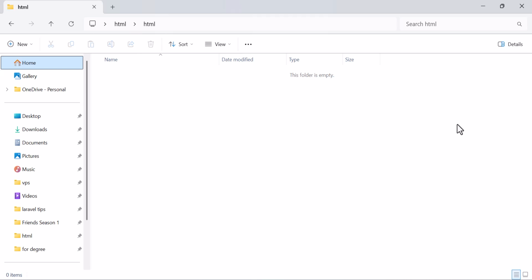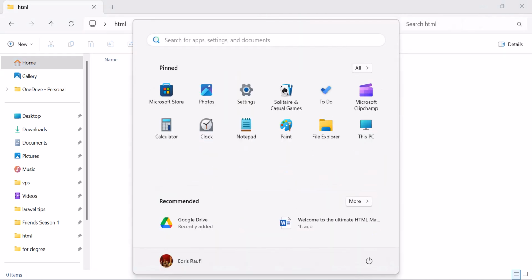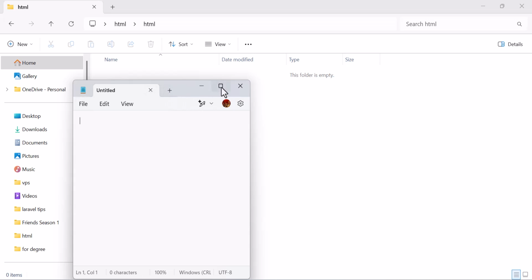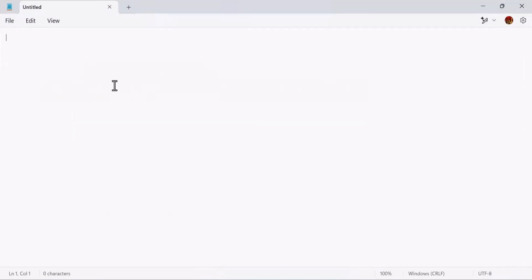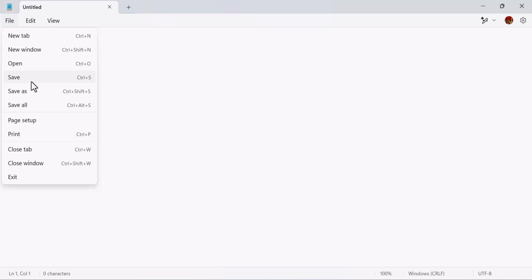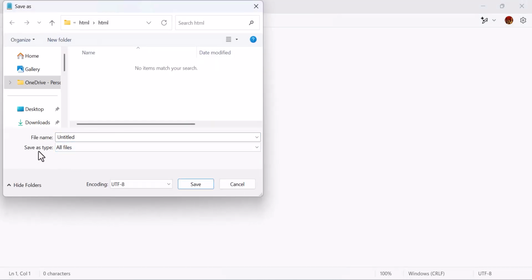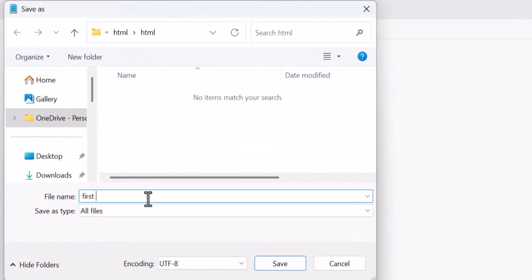Now, let's start by creating our first web page. For that, let's open the notepad from here. So let's type notepad. Once the notepad is open, let's go to file and click save and choose the all files from type, then give it a name, for example, first page, and at the end of this you have to write